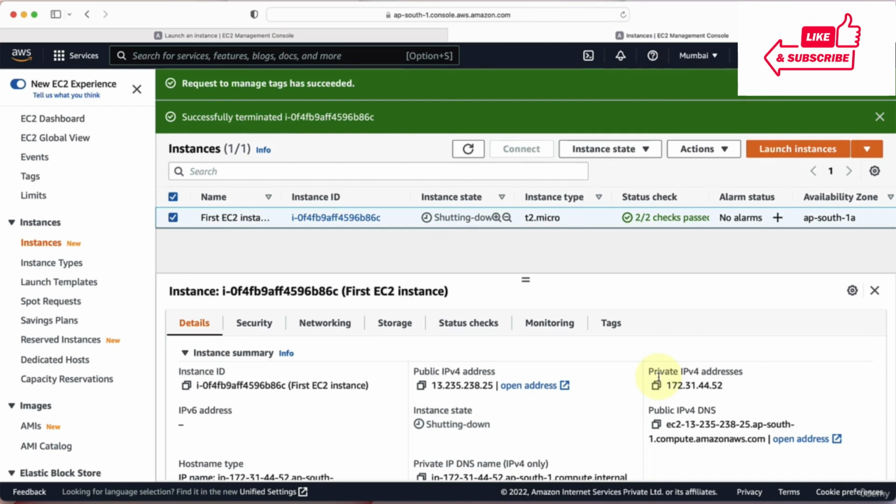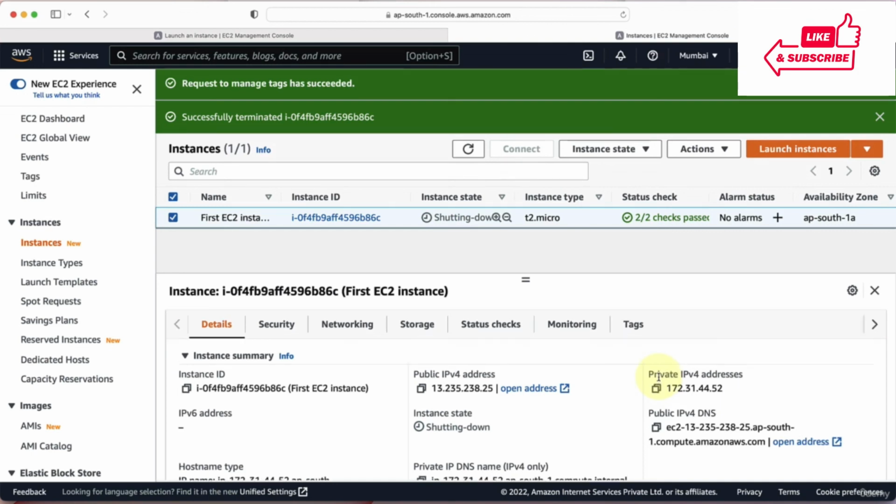The termination of the EC2 instance will take a little while. I would recommend you to take a break and I'll see you on